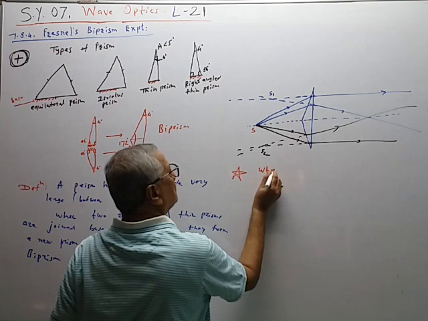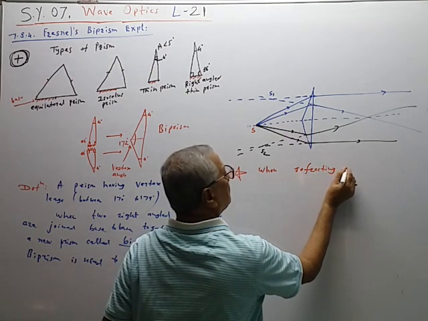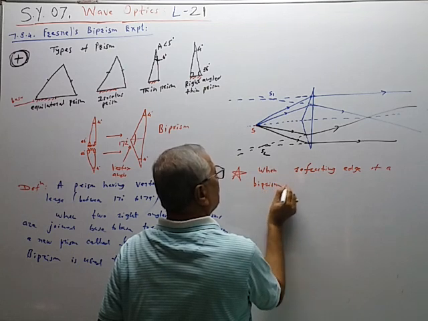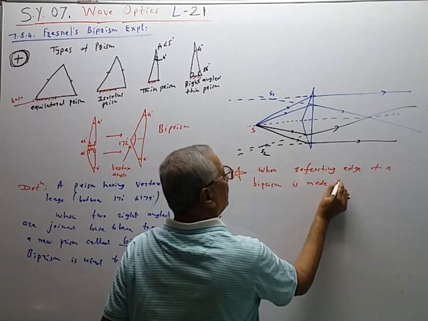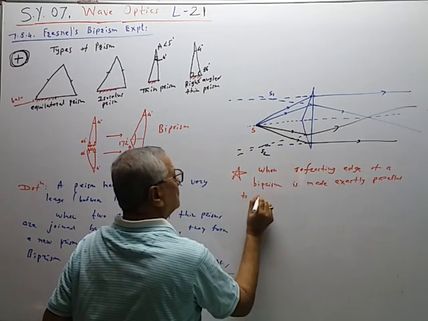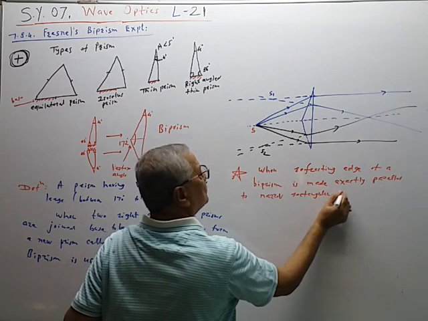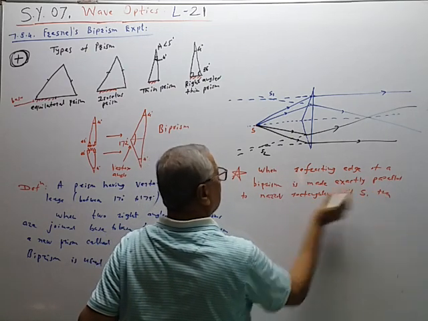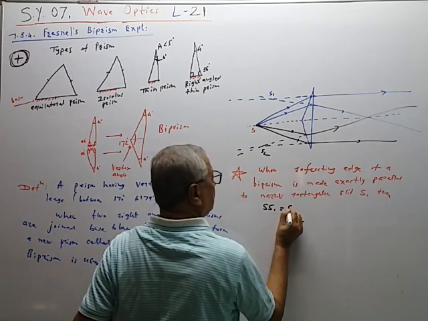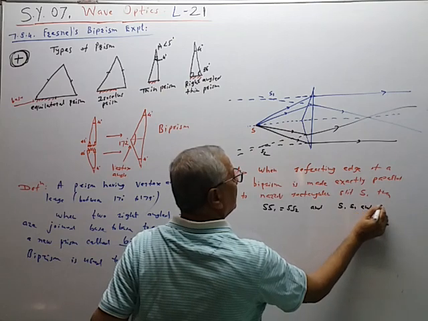When a refracting edge of a biprism is made exactly parallel to a narrow rectangular slit S, then SS1 is equal to SS2 and S1 and S2 become